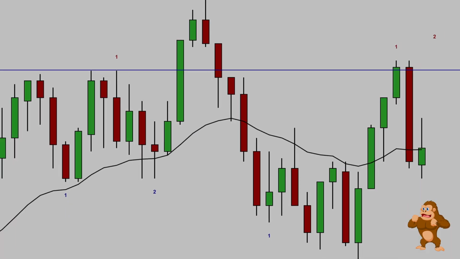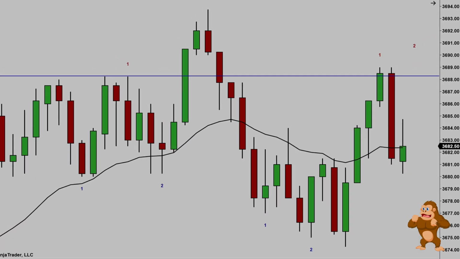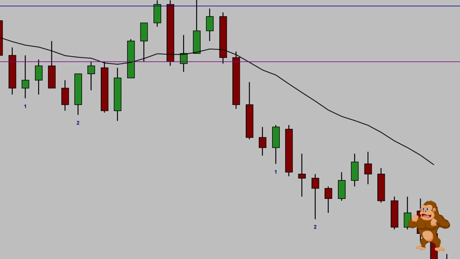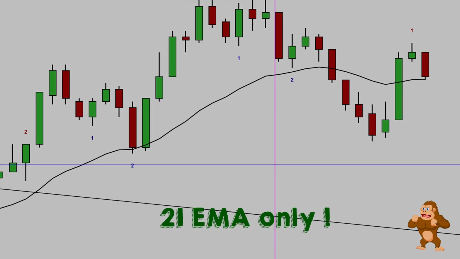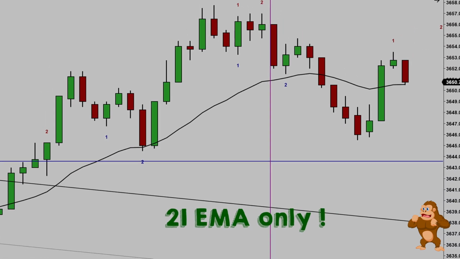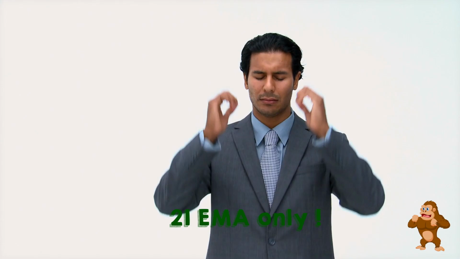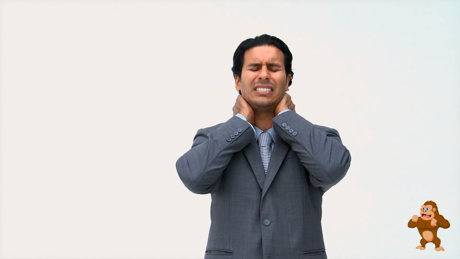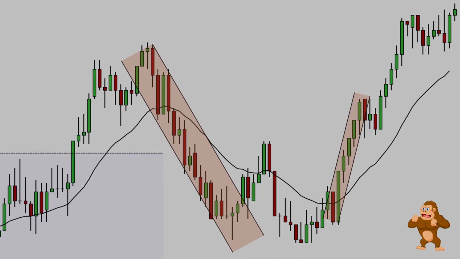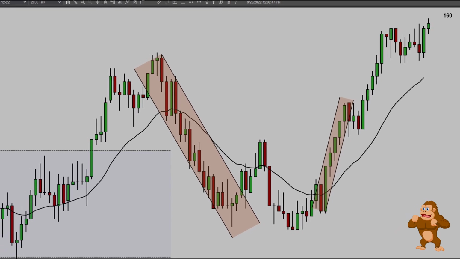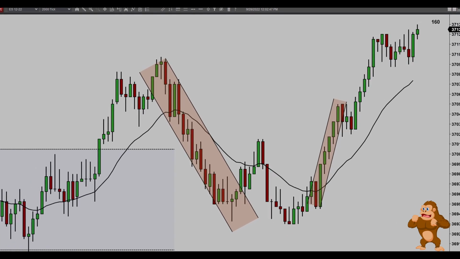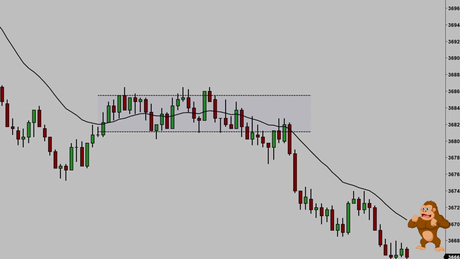Keep it simple. You don't need any secret indicator or sophisticated method. I trade purely price action on a 2000 tick chart without any indicators but a 21 EMA. That's more than enough for me. I don't need any sophisticated indicators, some secret systems. All these things are just redundant. You need to know how to read the chart, how to find the trapped traders, and trade against them. That's all you need. If you are serious about trading, I would suggest you learn how to trade price action on a naked chart.